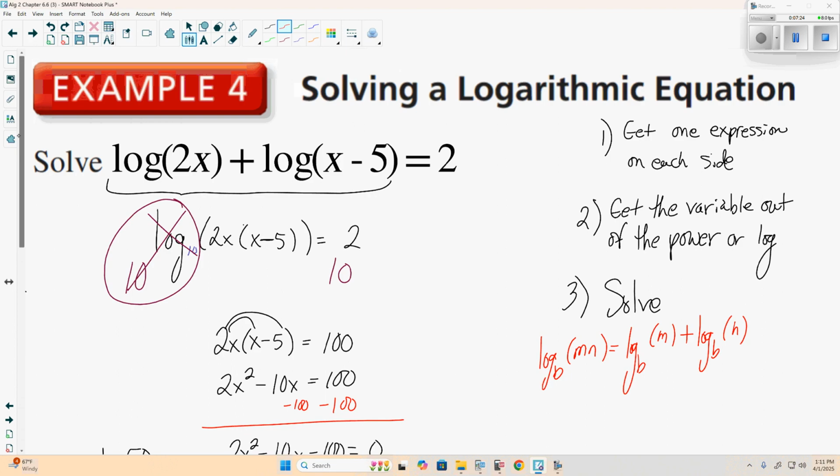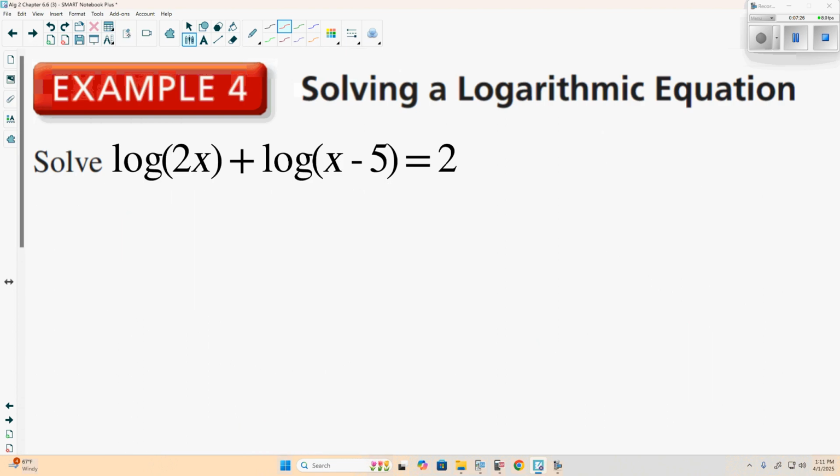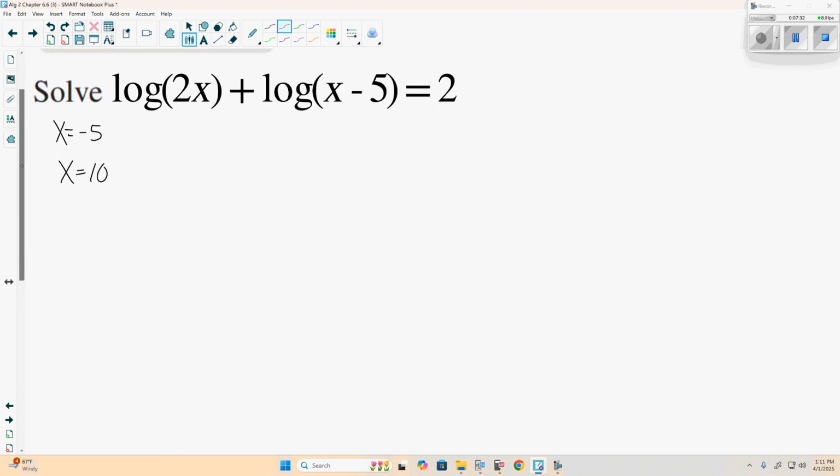Now, we do need to check these and make sure that they both work, because we do have x equals negative 5, x equals 10. Because as we talked yesterday, the values that we end up with inside the log cannot be 0 or negative. If one of our values of x makes one or both of these be 0 or negative, we have to throw that solution out. So if we start with 10,